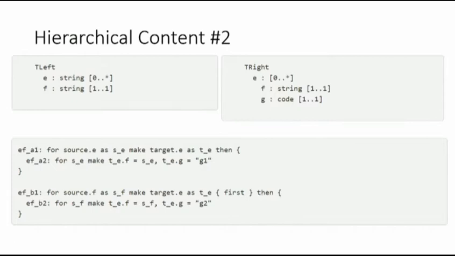So if we actually reverse this, we'd be going, hang on, what if they're different? But for this way, we don't have to worry about that. And so this is a fairly typical mapping task. So in this case, you say for each E in the source, make an E in the target, and in the E in the target,